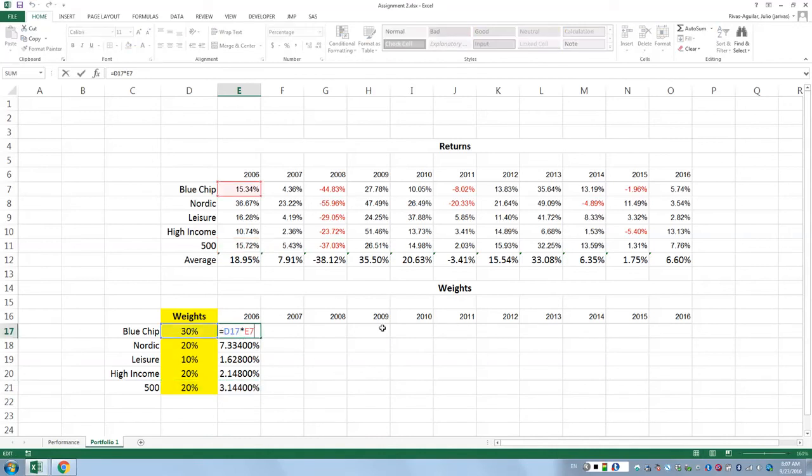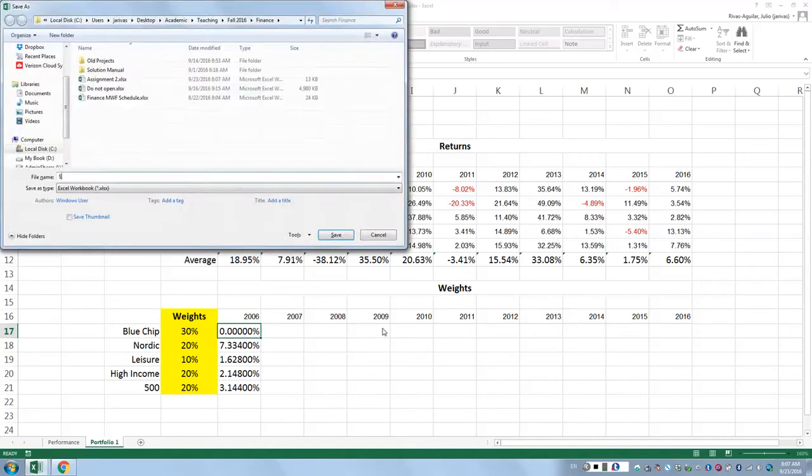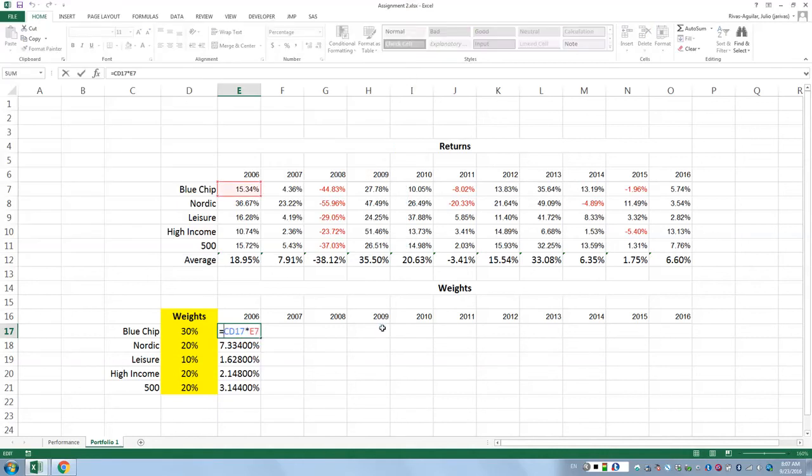Now, a thing that I strongly recommend is to put the dollar sign before the D. We need to lock the column. We're going to click and drag the function because we want to fill up this table. These numbers are going to change for every fund and every year. However, the weights are not going to change.